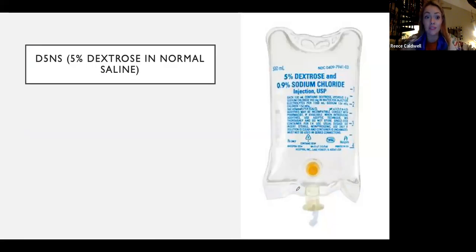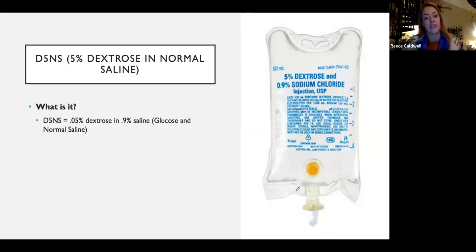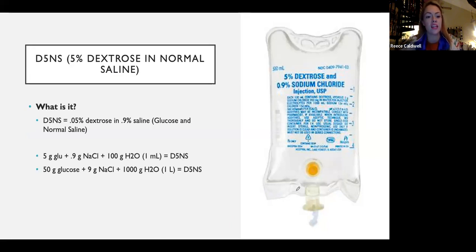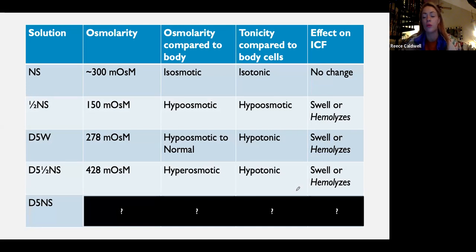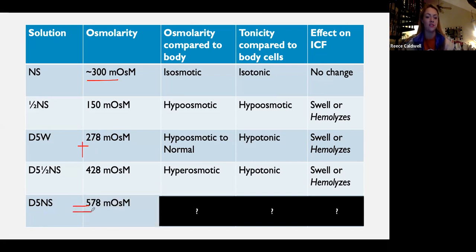So now we have D5 normal saline, 5% dextrose and 0.9% saline, 50 grams of glucose and 9 grams of sodium chloride and 1 liter of water. So we don't need to do any calculations here because we've already solved for D5 and we've already solved for normal saline. So we'll take that normal saline, we'll add that D5 water, and what we get is 578 milliosmoles. So when comparing this to the osmolarity of the body, it will be a